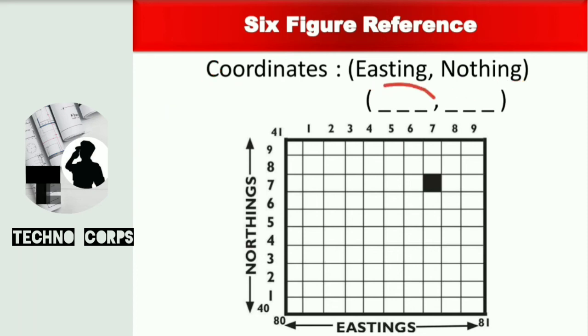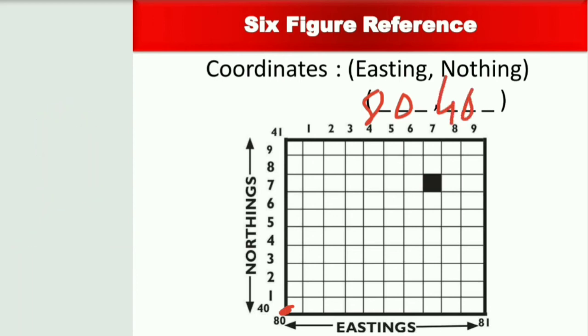Here the coordinate format is similar, that is the easting first and then northing. The first 3 figures will indicate the easting line and the second 3 figures will indicate the northing line, and in that the first 2 of each are the same numbers we indicated in the 4-figure reference. That means this particular corner. For that, the first two references we have seen are 80 and then 40 for northing. So these 4 figures are the same as in the previous method, right? Now what about the 3rd and 6th figures? That we have to see here.